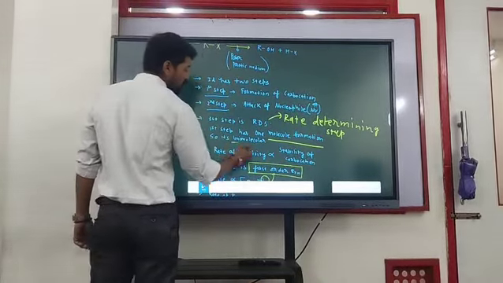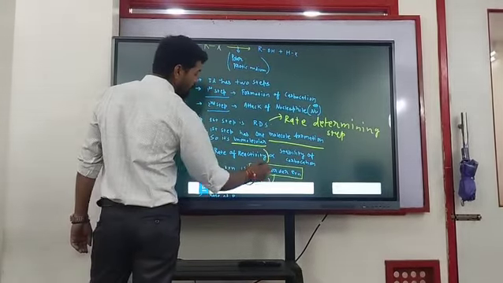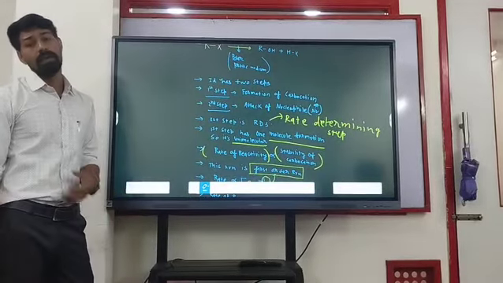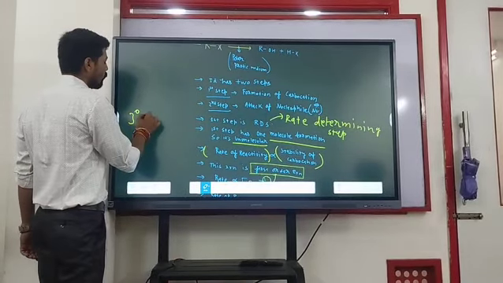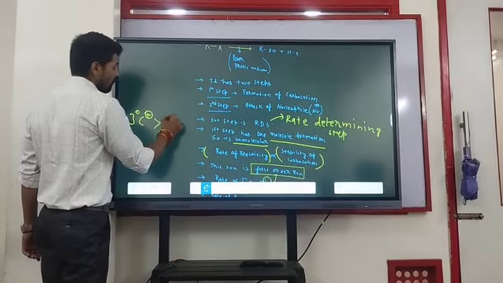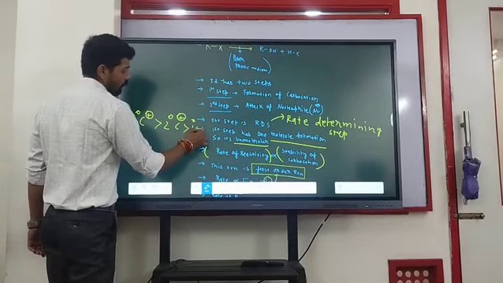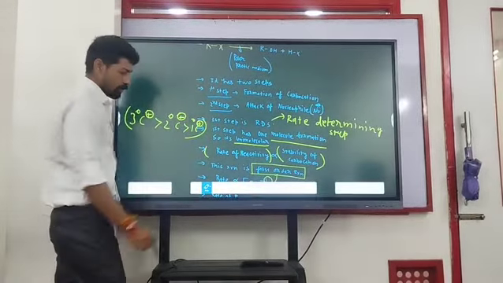That's why it is known as unimolecular reaction, and the rate of reactivity is directly proportional to the stability of carbocation, which means 3° carbocation is more stable as compared to 2° carbocation, and then 1° carbocation. Okay,